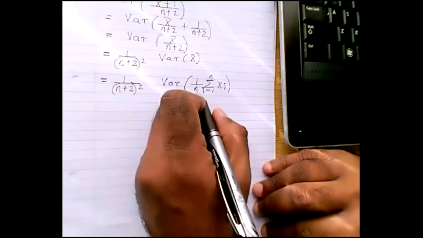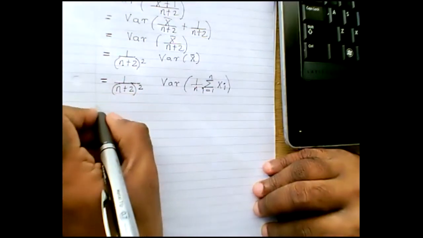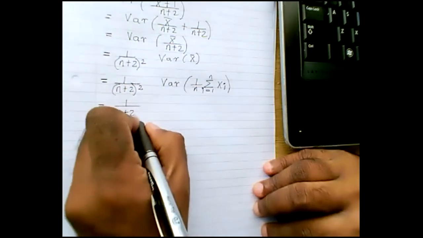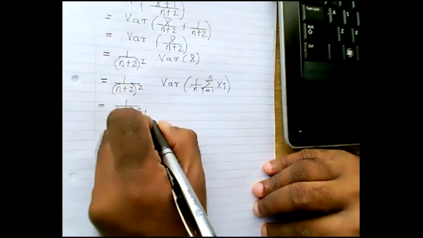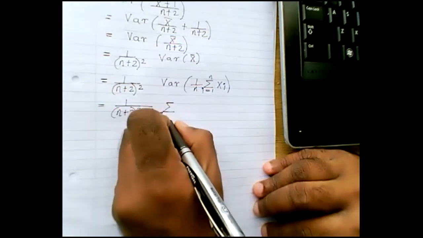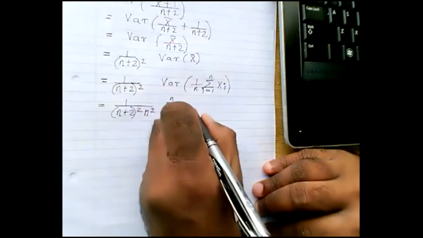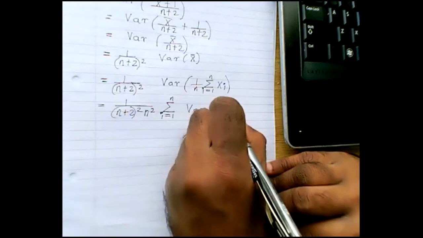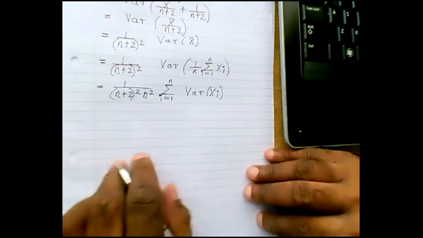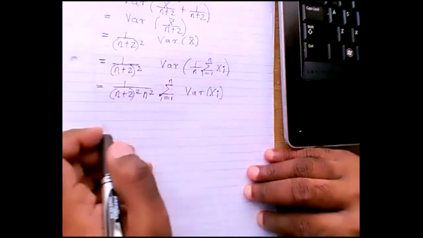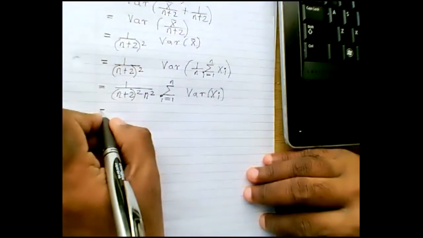Now, taking the n outside of the brackets, you will have this, yeah? Now, I'm sure all of you know that the variance of a binomial variable is np times 1 minus p. So this is